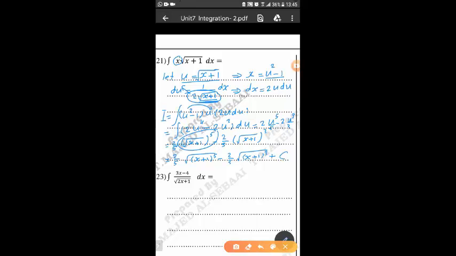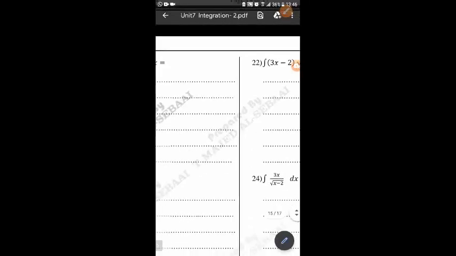You can compare your answers and you'll find them the same. This question also the same. It is bracket and with root. I will leave it for you. I will go directly to question number 23,